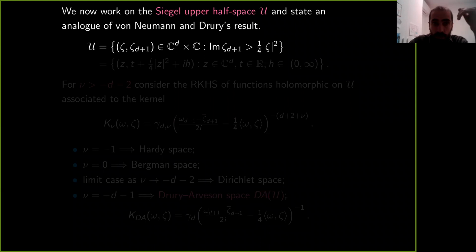space. Okay, so what is the Siegel space? It is the following domain in C^(D+1). It is the domain given by the pair (z, z_{D+1}) in C^D times C, so that's basically the reason why my dimension is C^(D+1), such that the imaginary part of z_{D+1} is greater than 1/4, which is just a dimensional constant, a normalization constant, the mod square of